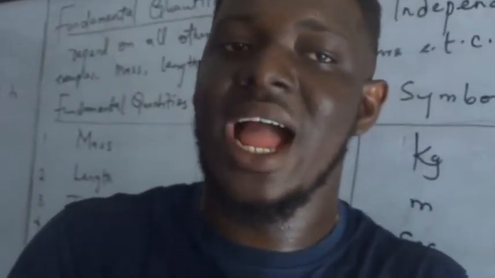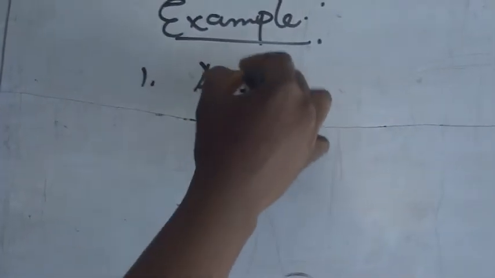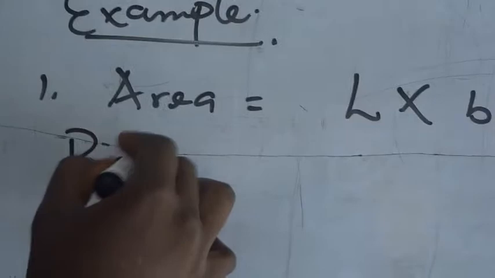Now, we are going to be looking at examples of derived quantities. I'm going to give you 2 examples, and I will want you at home to sit down and write 5 derived quantities with their basic units. Now, let me give you examples so that we can actually stop. Number 1, the general one, area. Area is length times breadth. But we can't stop there. We have the basic units